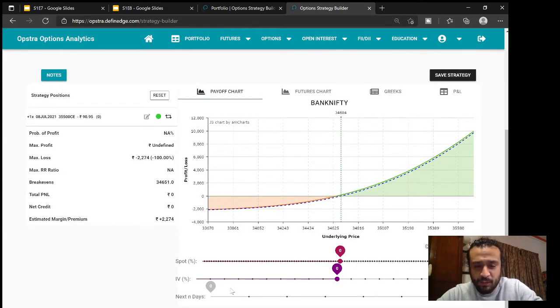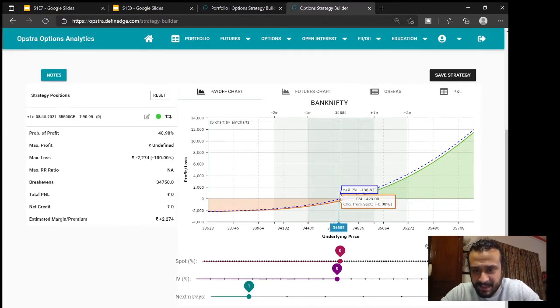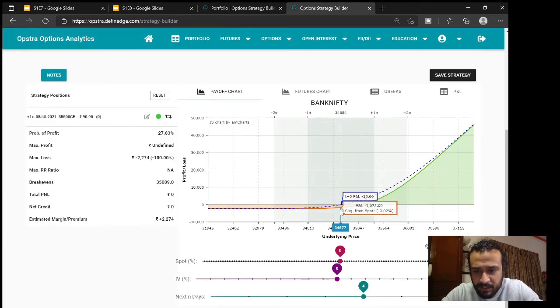Okay, so tomorrow, if by the end of the day the bank nifty price remains the same, I'm looking at a loss of say 200 rupees. At the end of say Monday, because Saturday Sunday markets are closed, I'm looking at a loss of 1600 rupees already. 1600 rupees I'll lose. I've paid a premium of 2200 rupees, so I'll almost lose three-fourths of my trade, right? So I need this guy to go up.